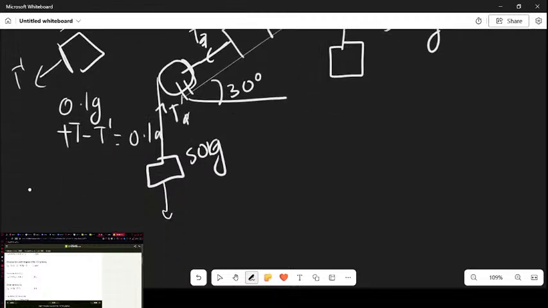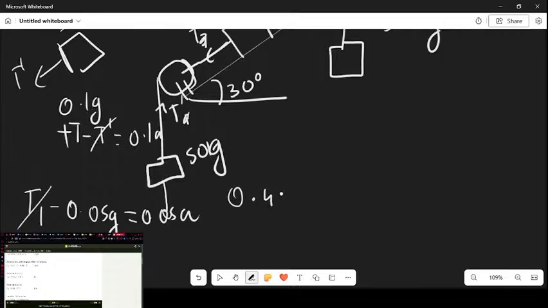Oh, what is T1? T1, I mean, yeah, 0.095 g plus tension is equal to 0.015. Now,